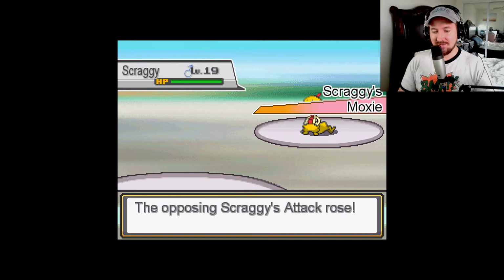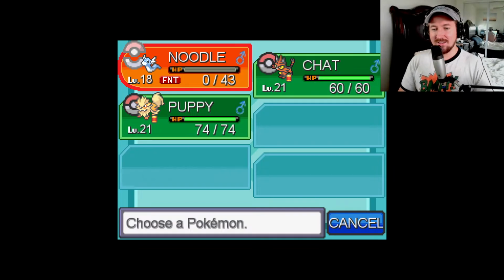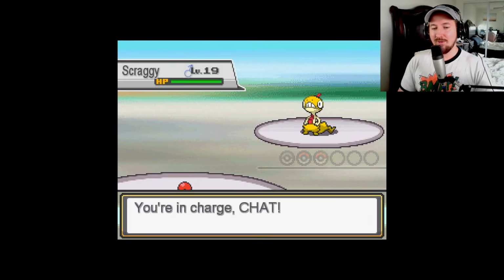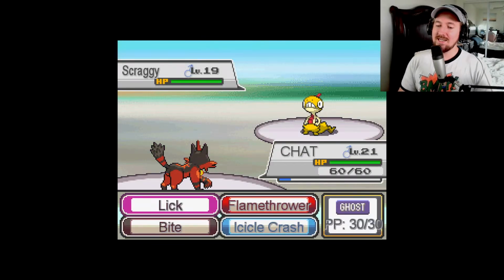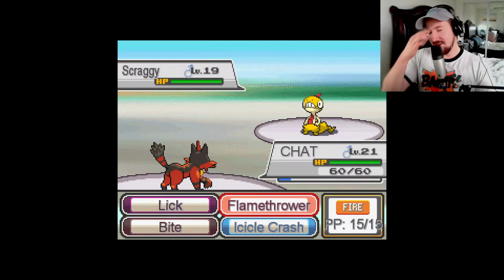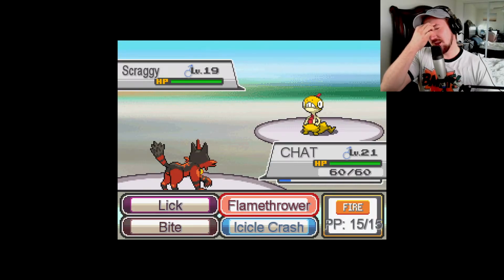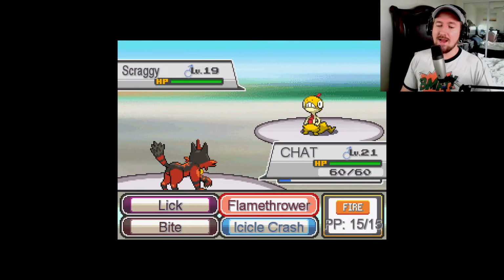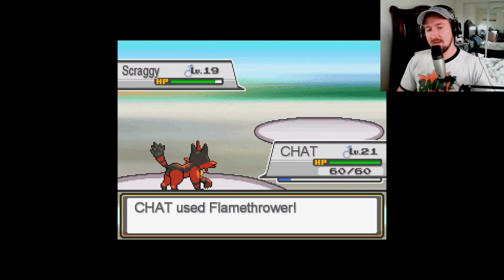Dratini makes me sad, because I know he evolves into a kick-ass Pokemon. But right now, the boy is struggling. Dratini's like Forrest Gump at the beginning of the movie, just getting bullied left and right. And Dragonite is Forrest Gump at the end of the movie, living his best life.